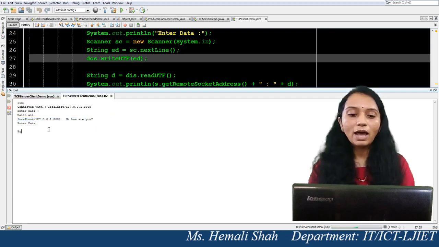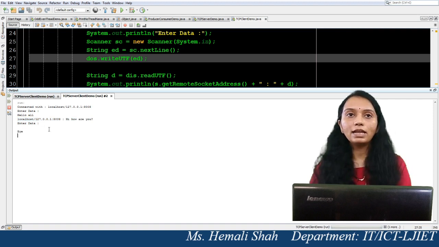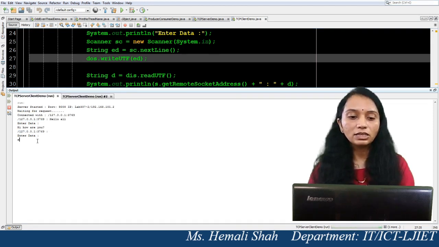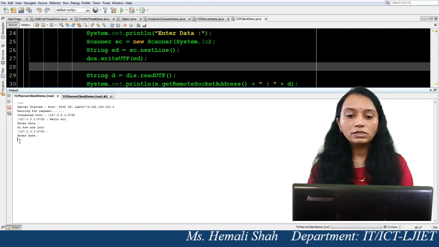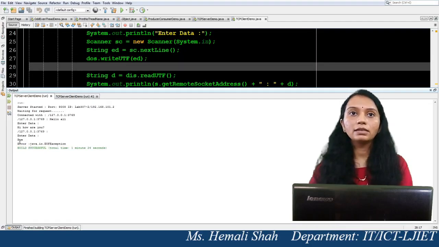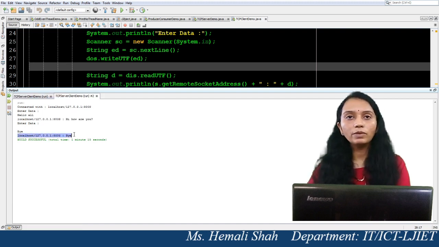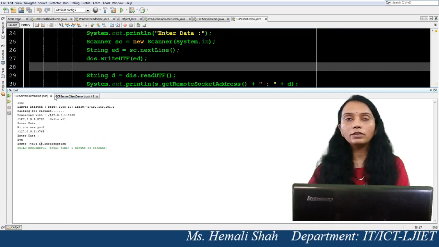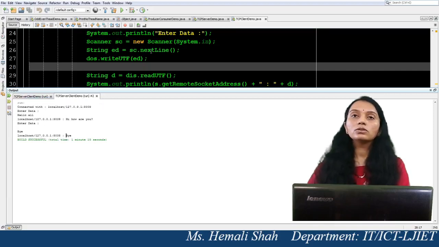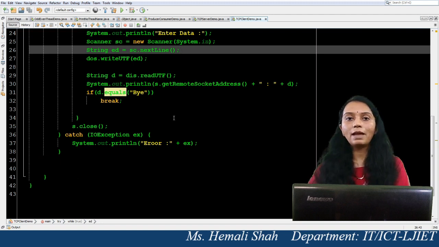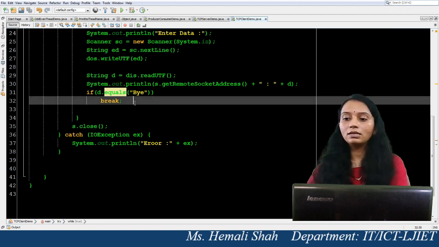Now bye is a keyword that I have taken as the ending string. Now I am writing the data bye. See here, in one program you will get the exception, and in the other program you will get bye as content, because you are closing the stream. That's why. So in this way you can make the communication and the chatting application too. So this is the single client server based application. Hope you people are clear with it.